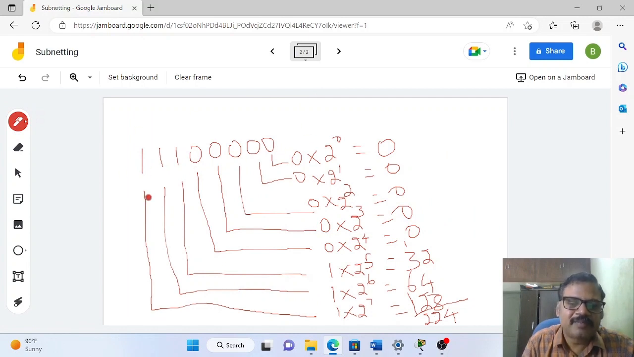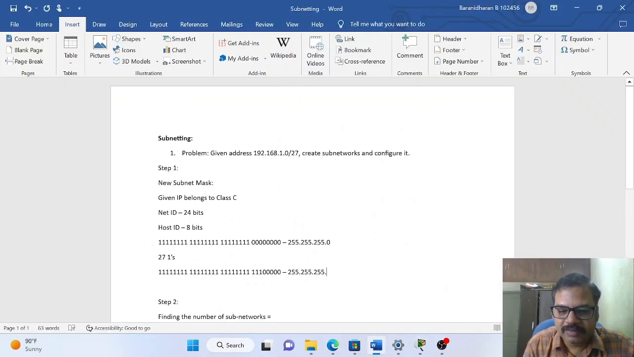Convert this number into the equivalent decimal notation, it will be 224. Please do it once, then only you can understand. Okay, so please follow this conversion. We will be getting the number 224. That is what I'll be writing here. So now the new subnet mask for this given IP is